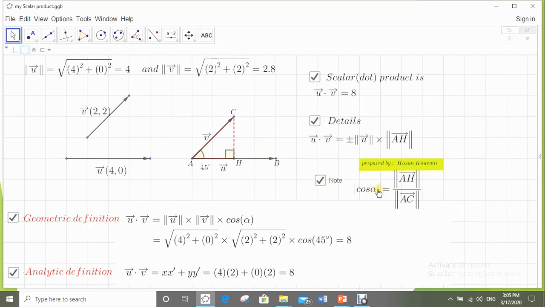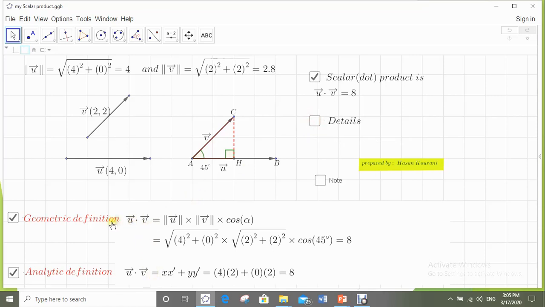If you see this note, cosine alpha is adjacent over hypotenuse, so we can easily get AH, which will be cosine alpha times AC, or AC times cosine alpha. And as you know, AC is equal to V. This way, we got this definition. Never mind, these details are just to understand this definition. I need you just to memorize these two